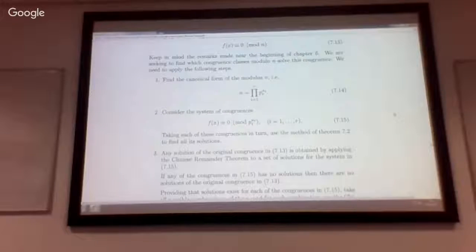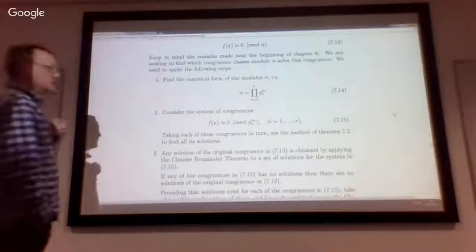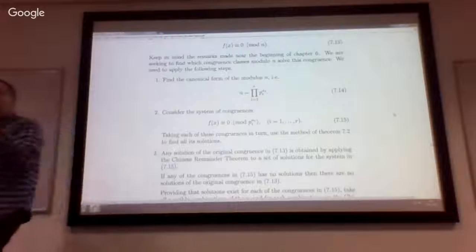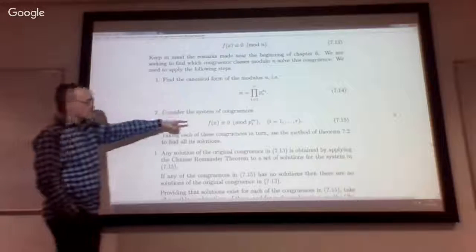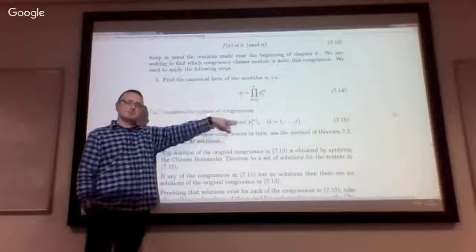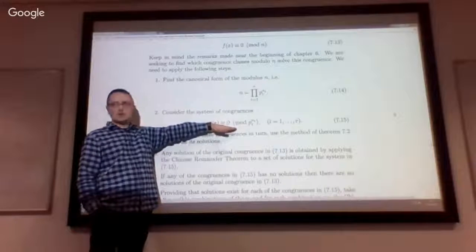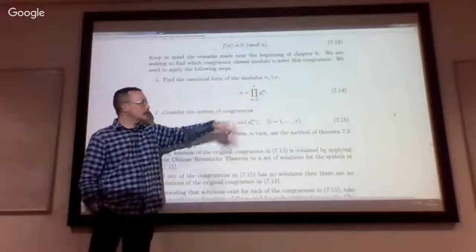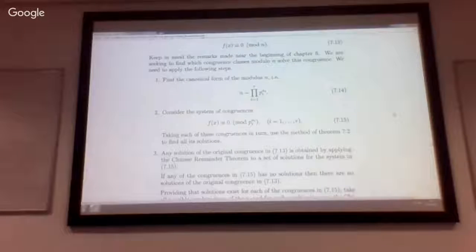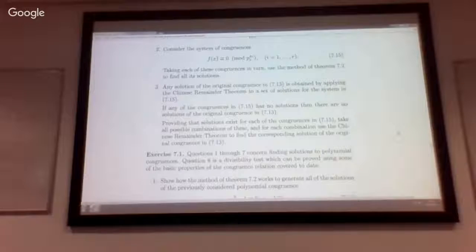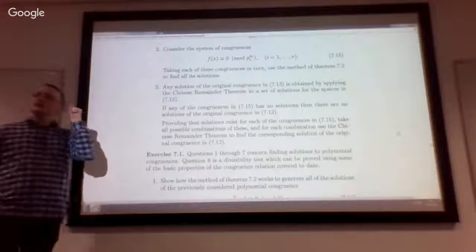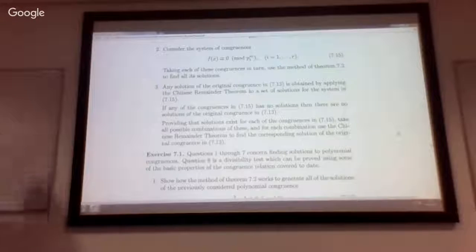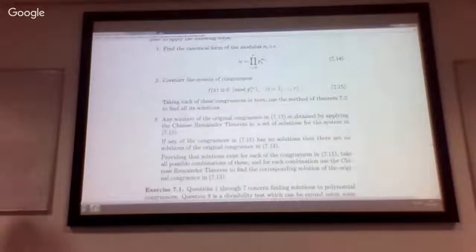So when you've got a system of simultaneous congruences with pairwise co-prime moduli, that means the Chinese remainder theorem will apply. So if we can obtain solutions to each of these subcongruences, you then have sets of solutions, one for each value of i. Those sets of solutions can be put together using the Chinese remainder theorem to find corresponding solutions to the original problem. So remember, the Chinese remainder theorem takes